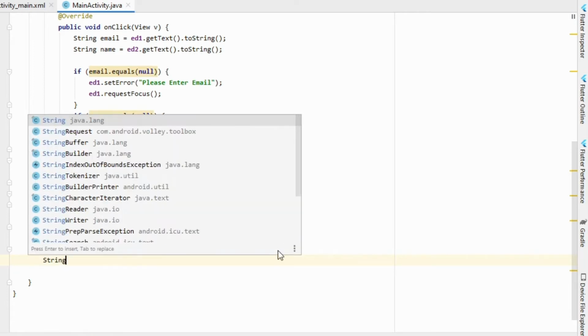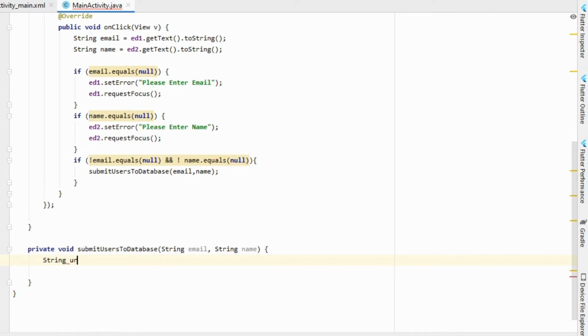So let's say String URL equals, I'm going to keep it blank for now, and then we need to make a request through Volley, a string request, right? Basically, you can make a string request, array request, and there are a few types of requests which you can make through Volley. But for now, we are going to make a string request,